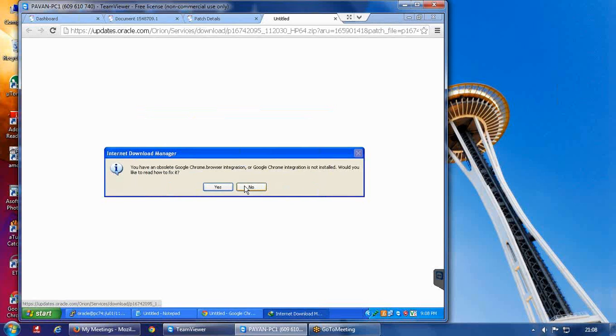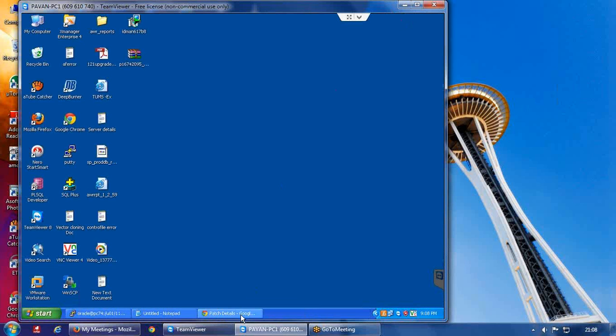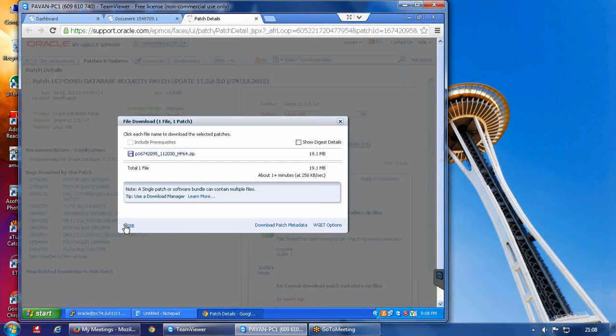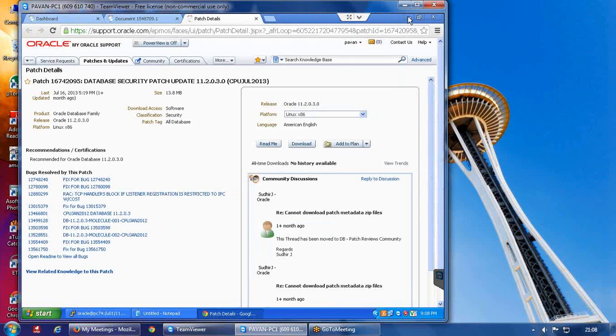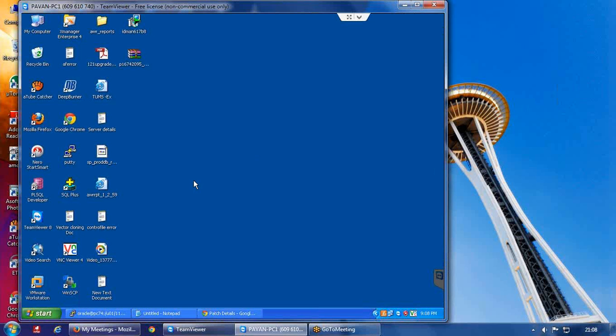So download is done. Now we need to copy this particular patch using WinSCP to the server.